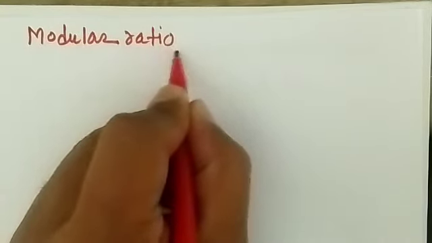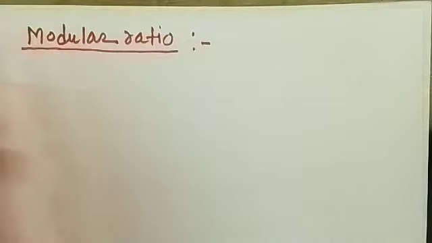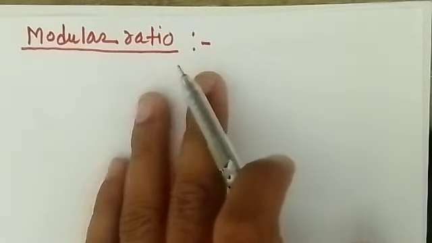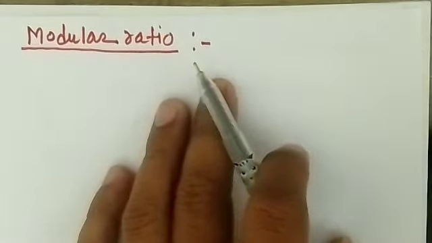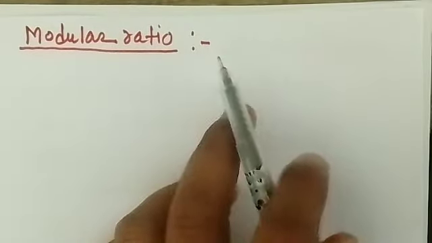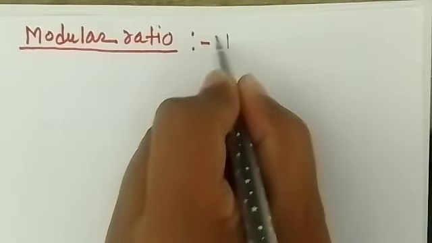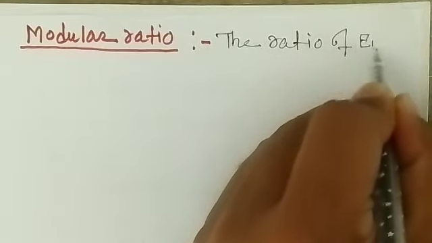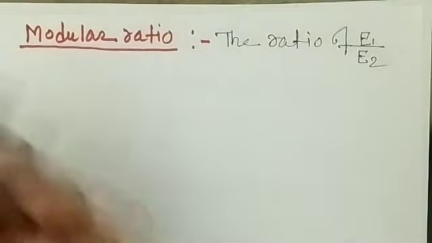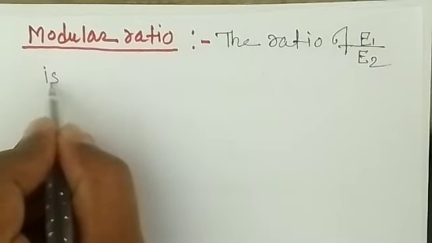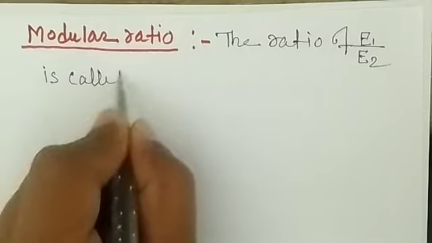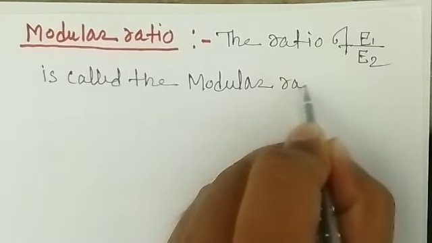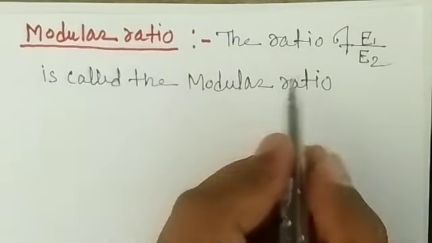right? In short answer you can get in your university exam and in SSC, JEE, TS Genco and all those, where you can get these type of questions, right? So what is the modular ratio? The ratio of E1 by E2 is called the modular ratio. So you can define the ratio of E1, the Young's modulus of bar 1, and E2, the Young's modulus of bar 2. The ratio of E1 by E2 is called the modular ratio,